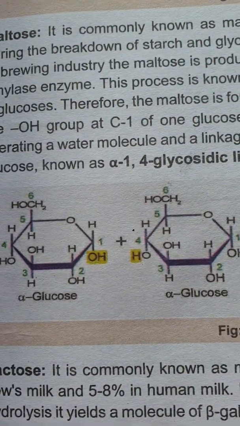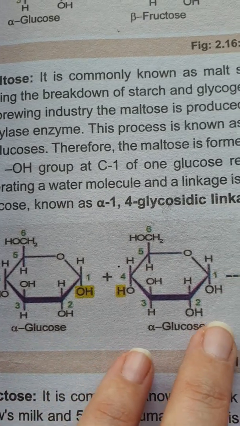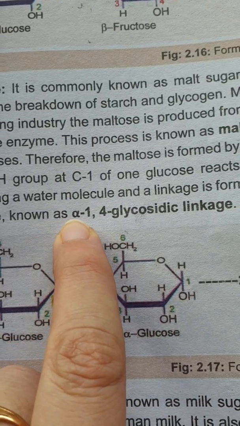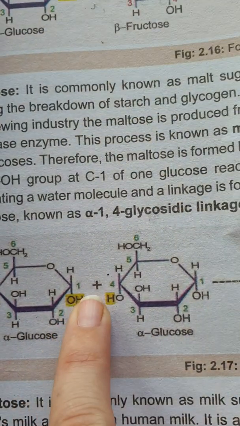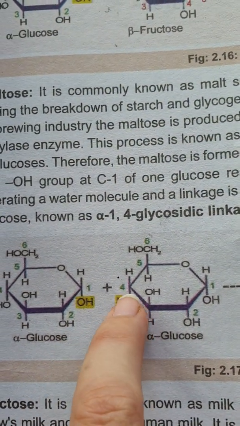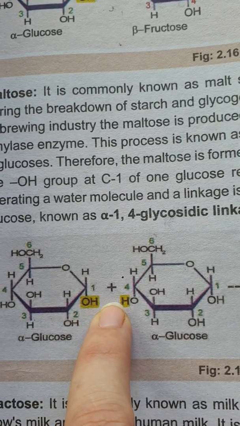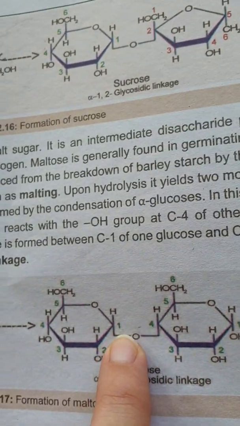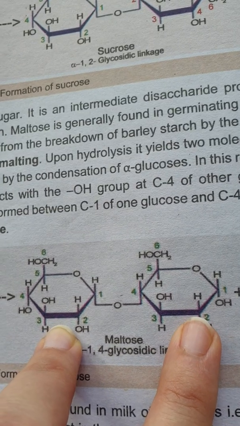The next is maltose. Maltose is another disaccharide, but it is made up of alpha glucose and alpha glucose. Two glucose form an alpha 1,4 glycosidic linkage, meaning carbon number 1 of alpha glucose and carbon number 4 of another alpha glucose. These two combine, they release water, and then a glycosidic linkage between carbon number 1 and carbon number 4 is formed, and the two glucose give